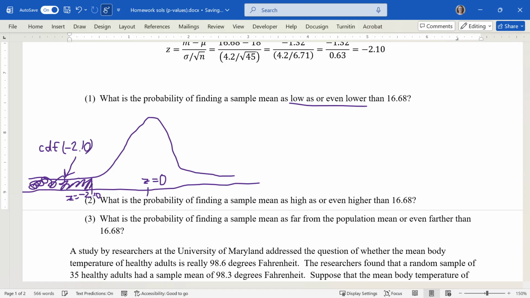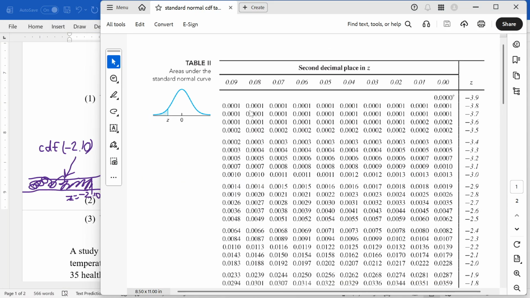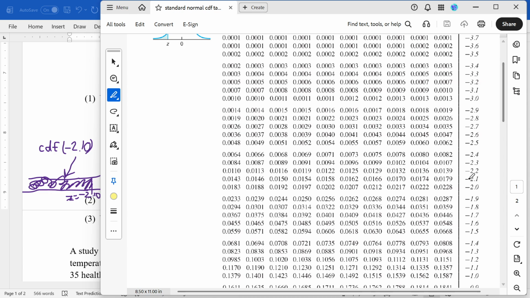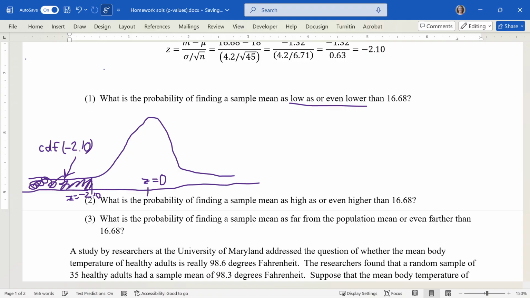Okay, so let's get our little table out. And here it is. Let's see, I'm going to get my highlighter. On the negative side, I'm looking for z of negative 2.10, so negative 2.10, I think it should be this one right here. The area of 0.0179. Okay, so I did my drawing with the area labeled and the z-scores labeled, and now I should actually